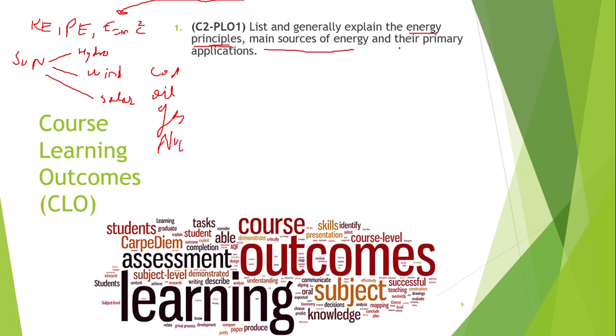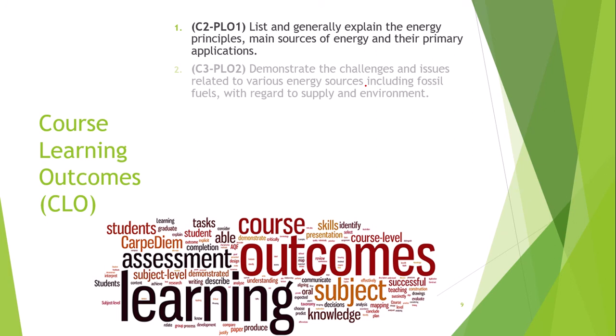And the primary applications, what are the primary applications? We can see the domestic, residential, transportation applications, etc. These are the applications. Then C3 PLO2, cognitive level 3, program level 2,